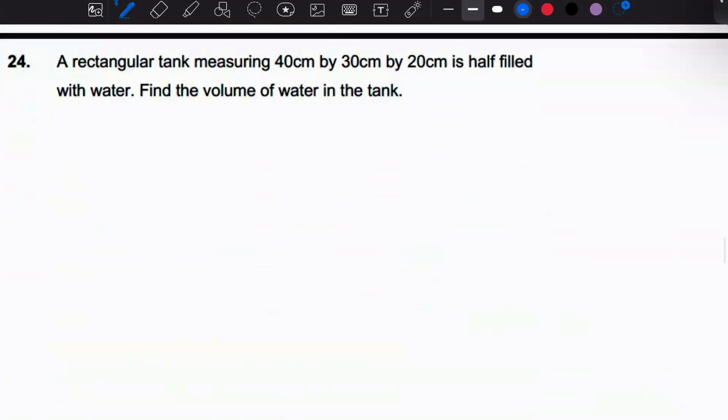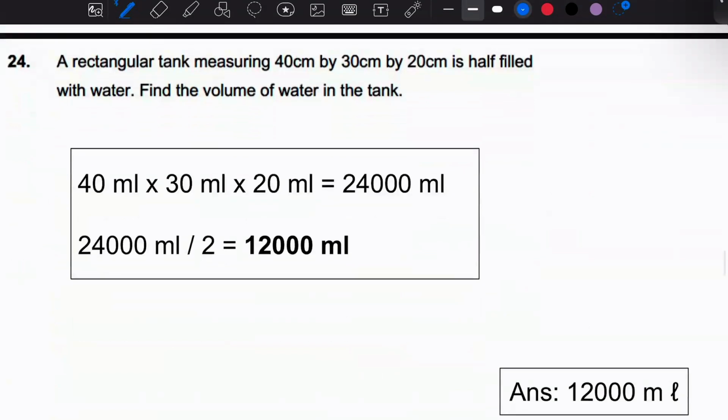Next, question 24. A rectangular tank measuring 40 cm by 30 cm by 20 cm is half filled with water. Find the volume of water in the tank. Okay. So the formula for volume is length times breadth times height, right? Which is the formula for volume. Okay, so 40 times 30 times 20, you get